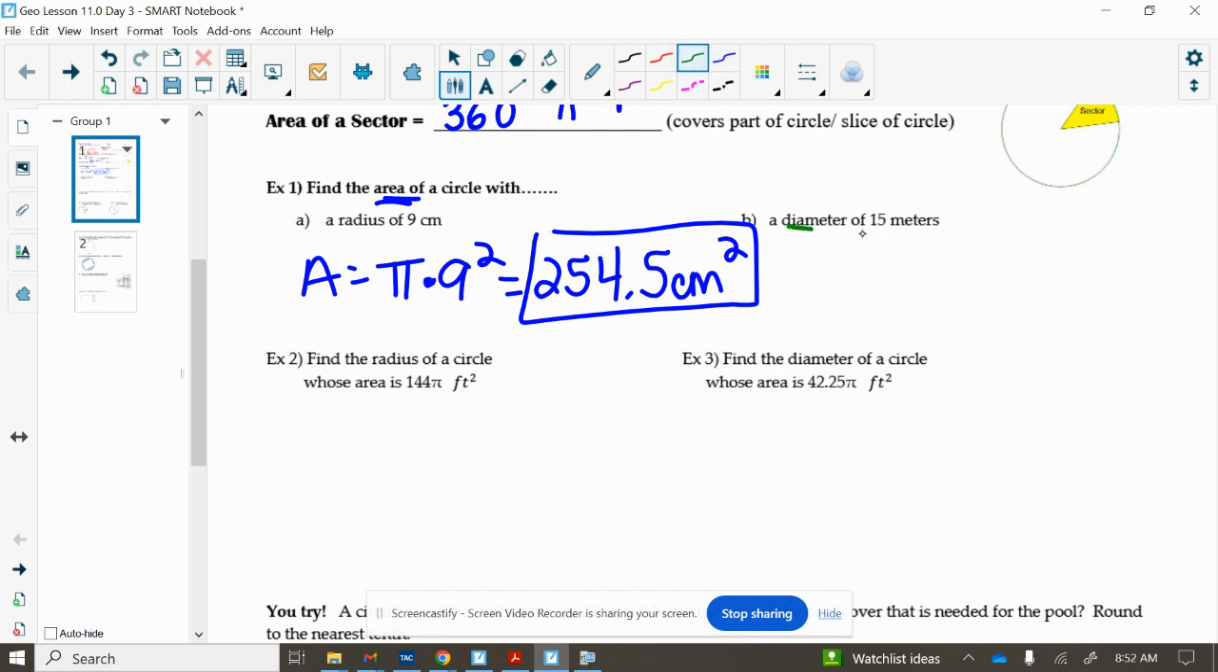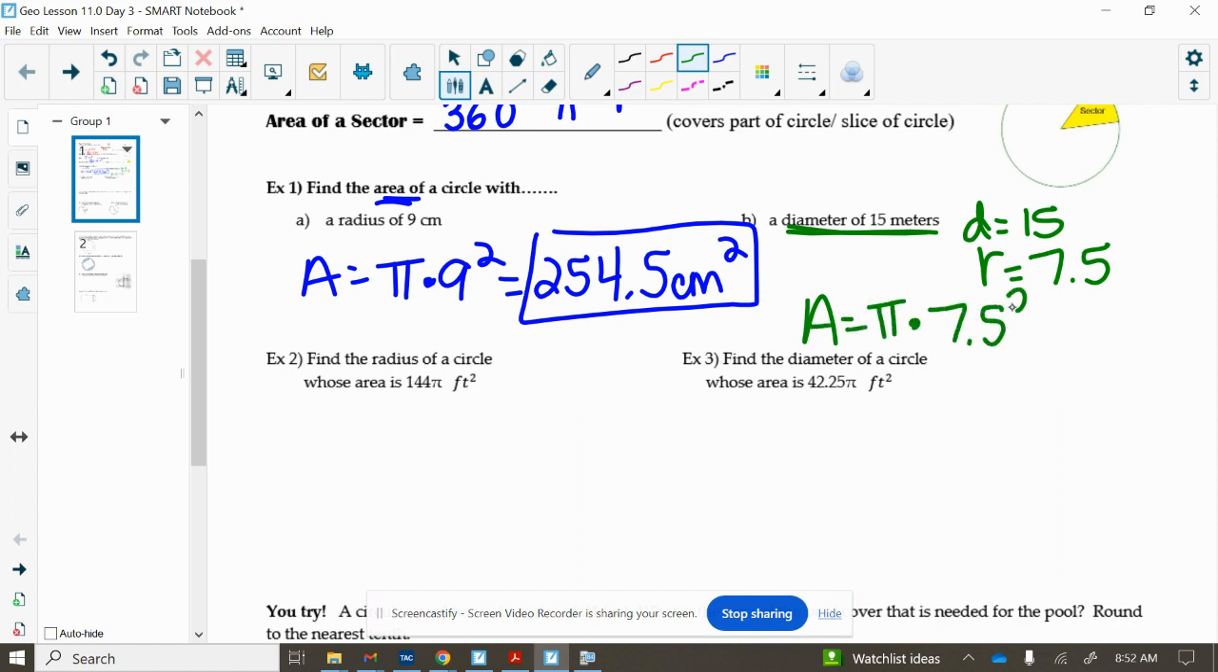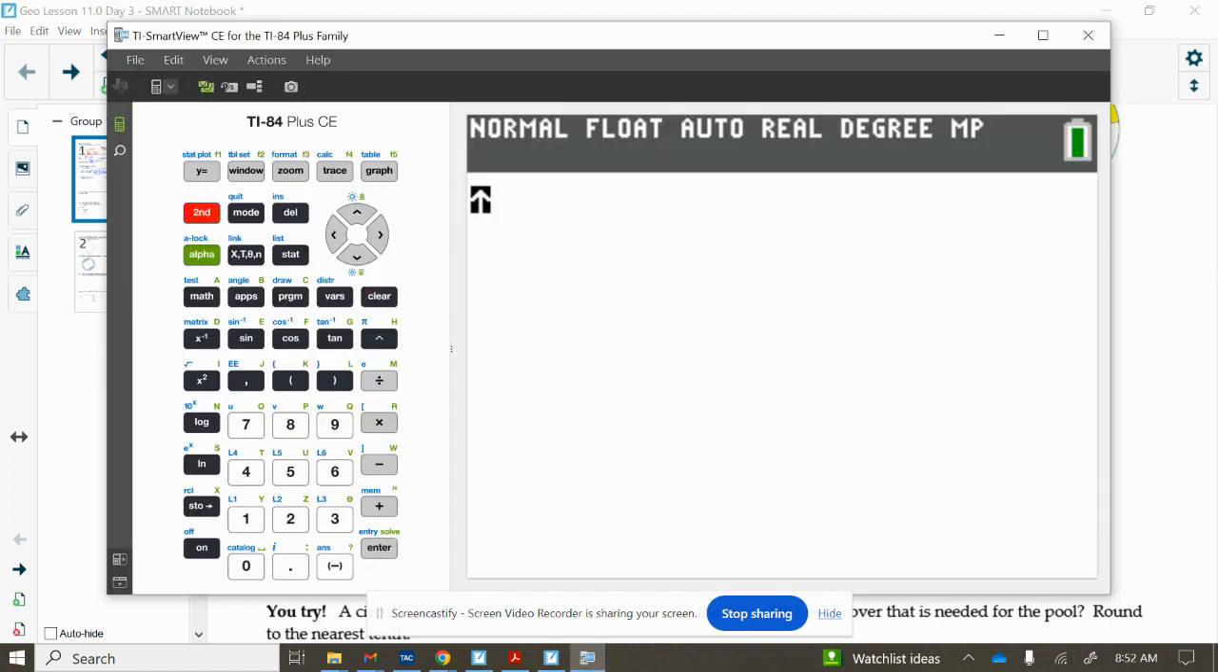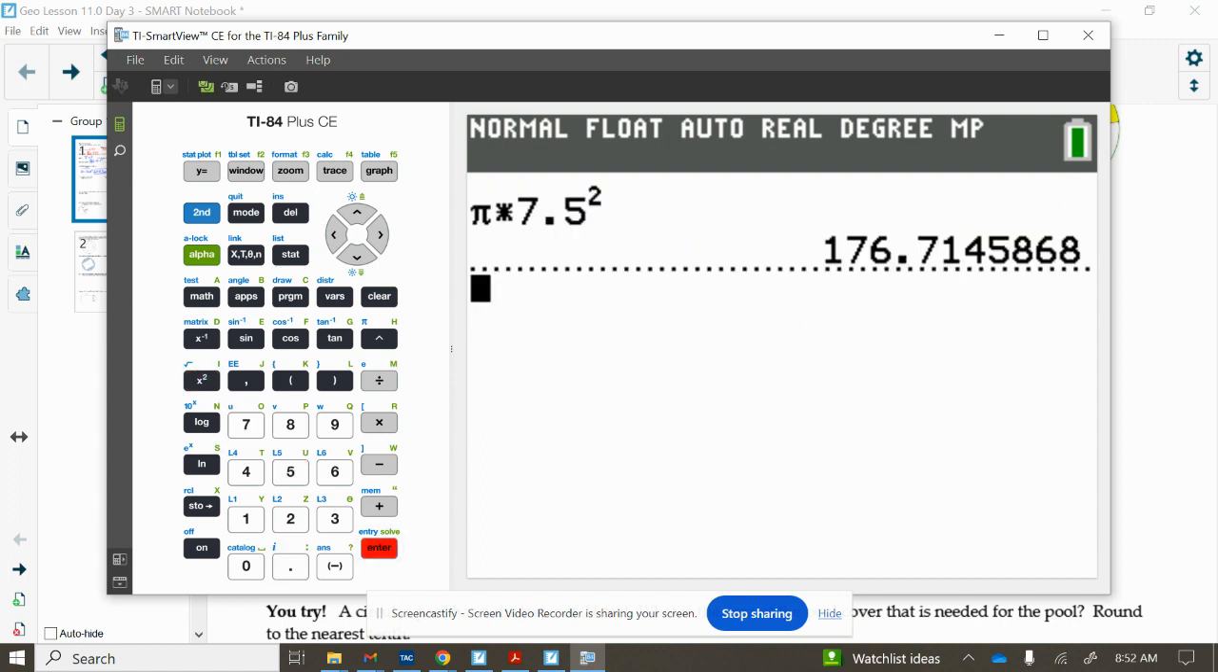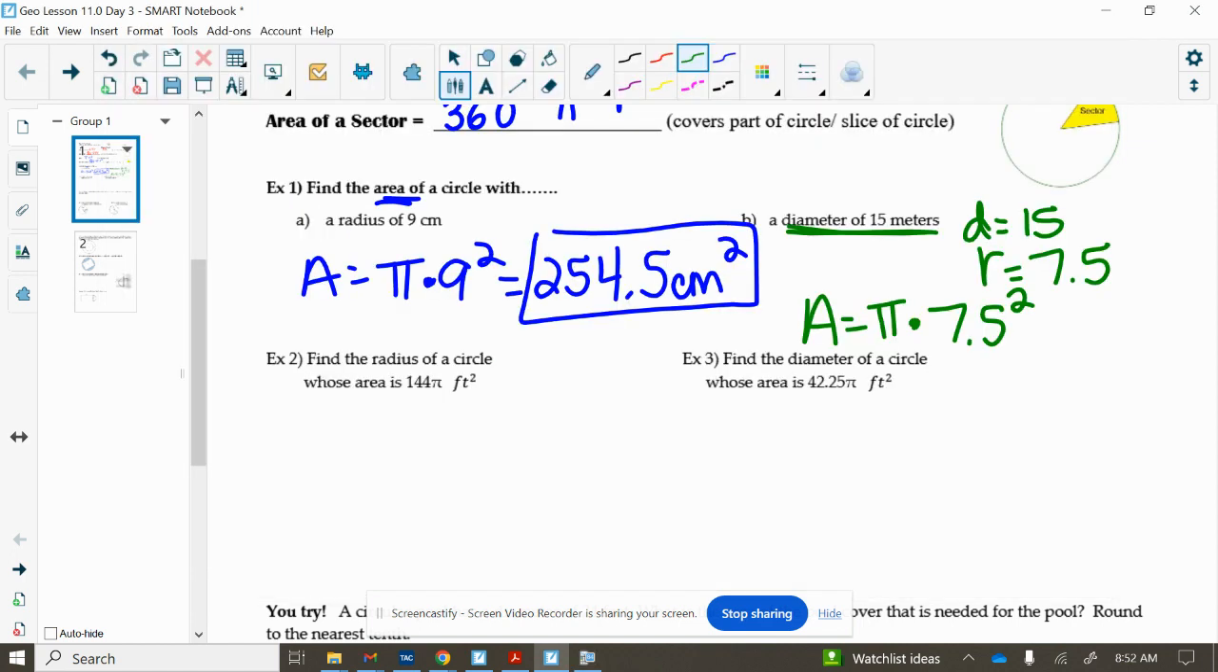Now, when they give us a diameter, we are forced to change that to be a radius because for our formula, we have to use the radius. So for this one, the area is going to be pi times our radius, which is 7.5 squared. So again, we want to make sure we're using the pi button in our calculator, and then times that radius value squared. This time our approximation, 176.7